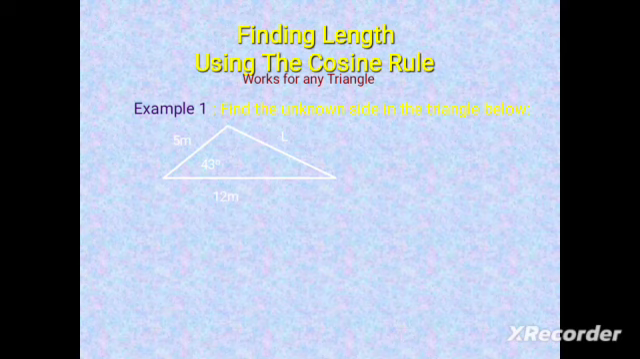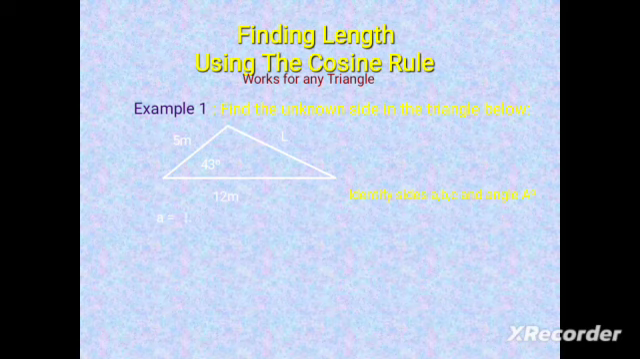So example number 1 says, find the unknown side in the triangle below. In the triangle, we have the sides given. We have one labeled 5 meter, the other one 12 meter, and the other one is labeled L, with an included angle of 43 degrees. So the unknown side is the side labeled L. So we shall apply the cosine rule in this case,